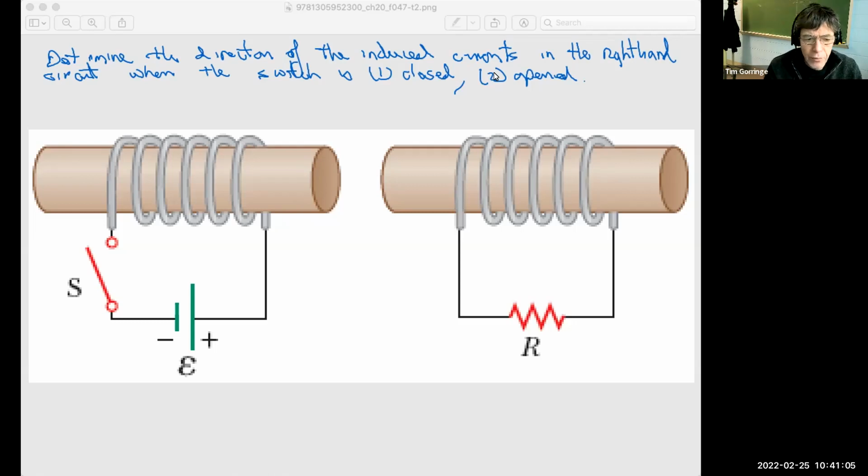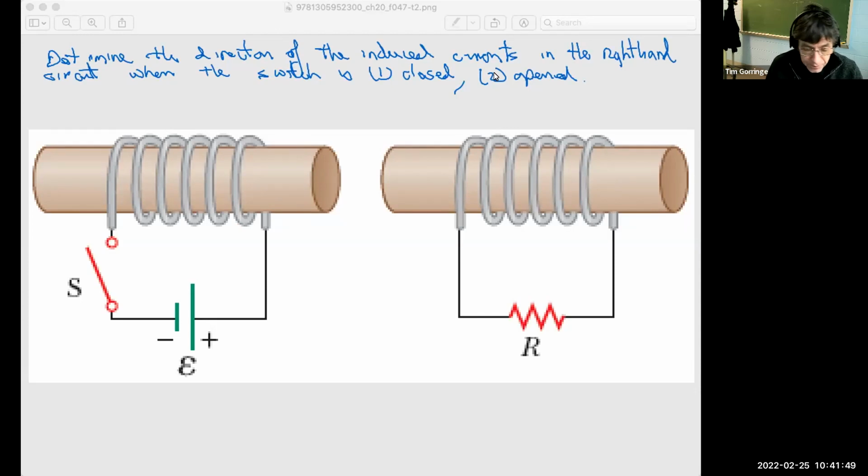I wanted to work through a problem that involves Lenz's law, which describes the direction or the orientation or the sense of the induced currents, induced EMFs in electrical circuits. This problem also involves using the right-hand rule for the magnetic fields created by currents in loops of wire or solenoids. And it also involves using the right-hand rule both to calculate the sense or the direction of the magnetic field from the current, and also to infer the direction of the current for a given sense or direction